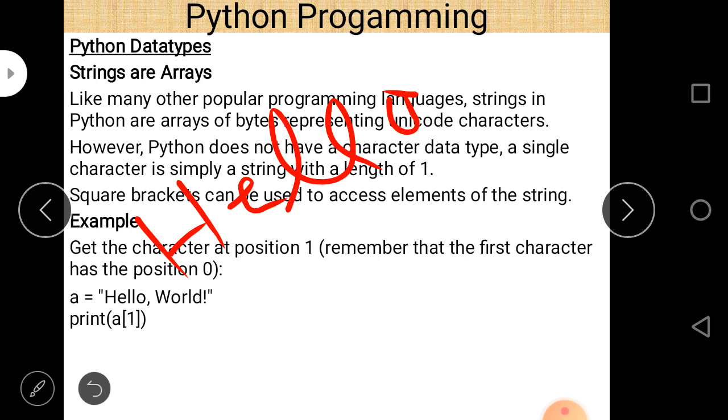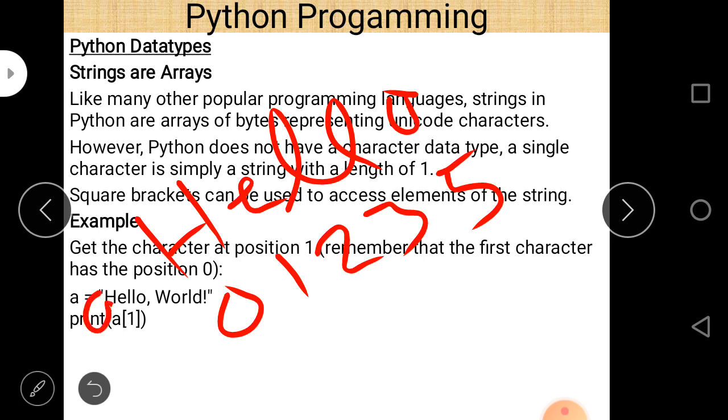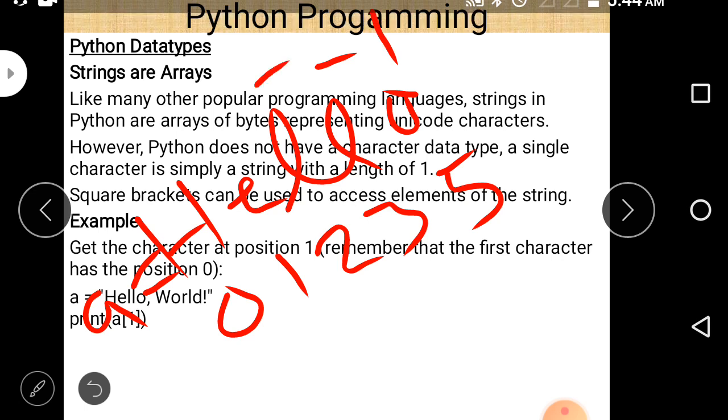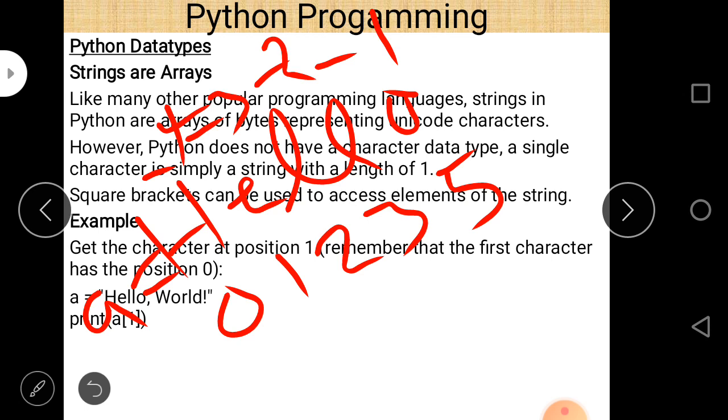Each character of this string is counted, and counting of the characters of this string starts from 0 here: 0, 1, 2, 3 and 4. Let us suppose that the name of this string is A. This is called indexing, and there is also negative indexing. Negative indexing means just write numbers from right to left. It means from here this is -1, -2, -3, -4 and then -5. So there are two possible ways.